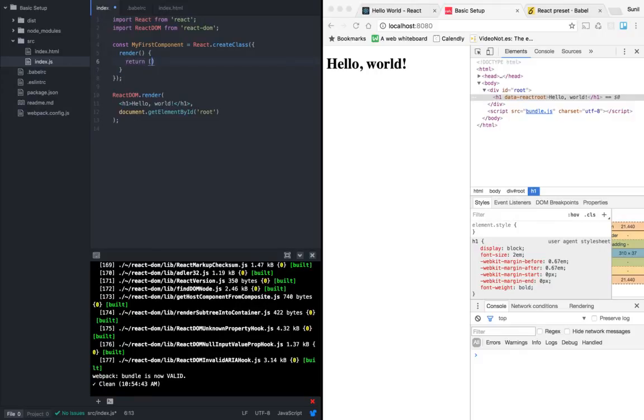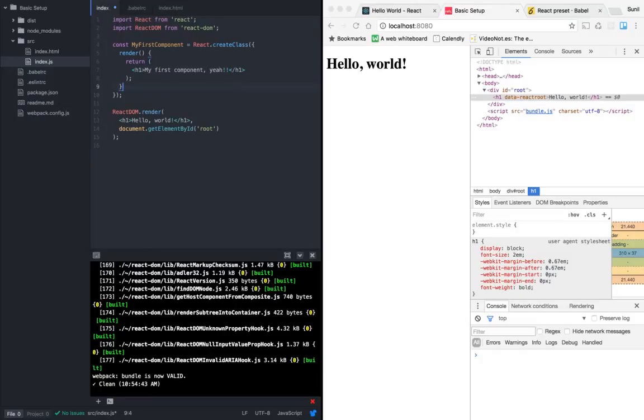Return, and obviously the render method is going to return some JSX which we want to write. So I'm going to write h1 right now. h1, I'm going to say my first component. Yeah, right, we are happy.